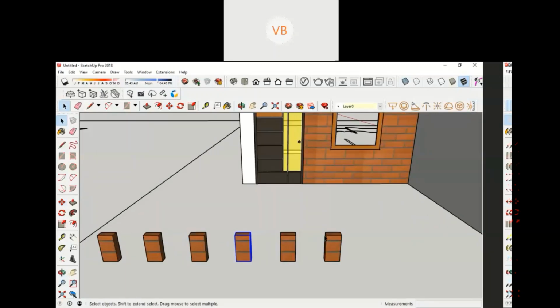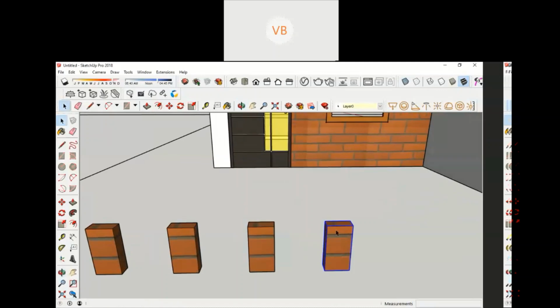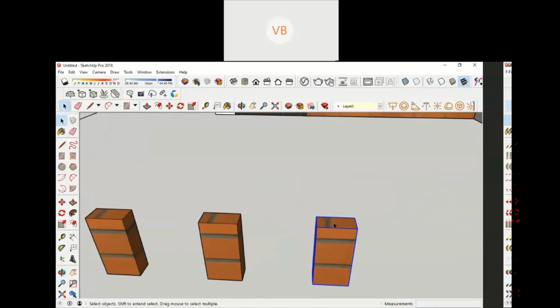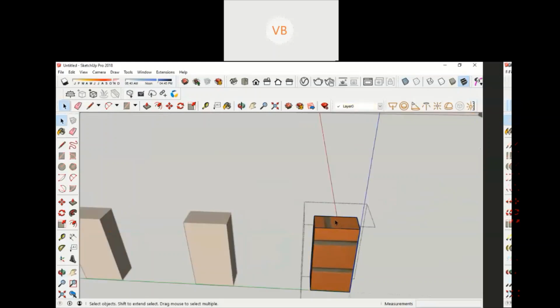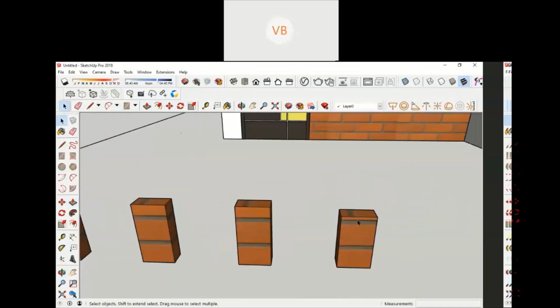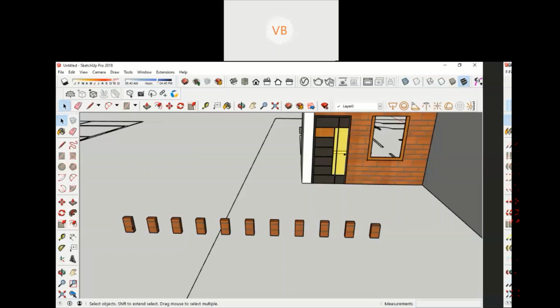And all of a sudden I realized the height of it is not 16 inches, it is slightly less, which is 14 inches. Then I have to reduce the size. Double click on it. I'm reducing the size by 2 inches so that it becomes 14 inches. But now that I have reduced the size here, I might end up having to reduce the size everywhere. I have to sit and reduce the size, or again copy everything.